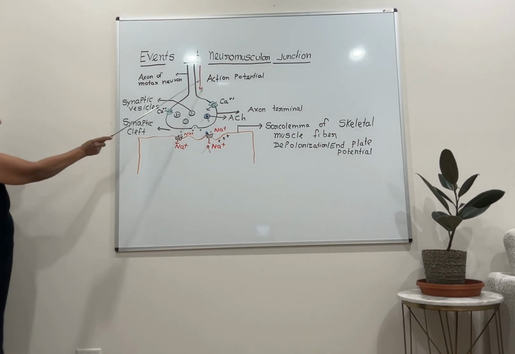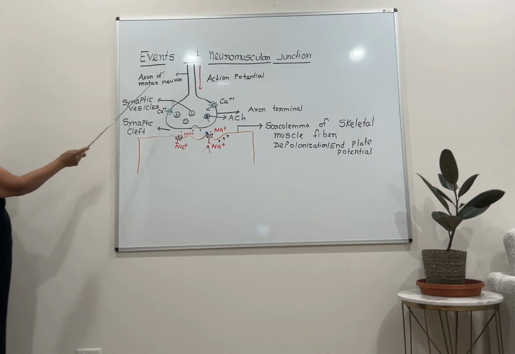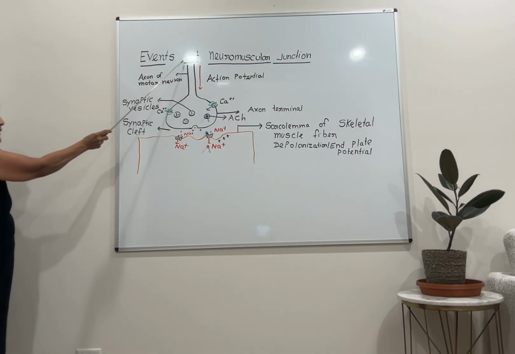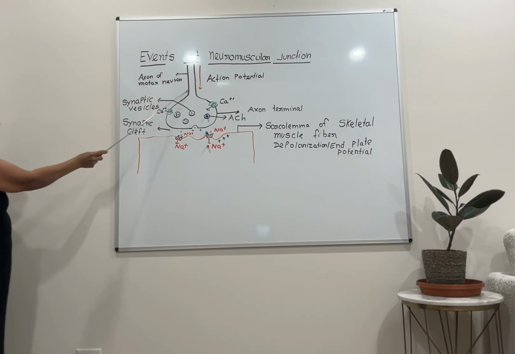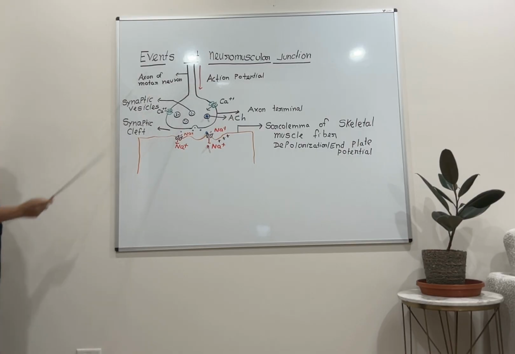This action potential comes from the brain or the spinal cord through this axon of the motor neuron. As the action potential reaches the axon terminal, these green voltage gated calcium channels open,